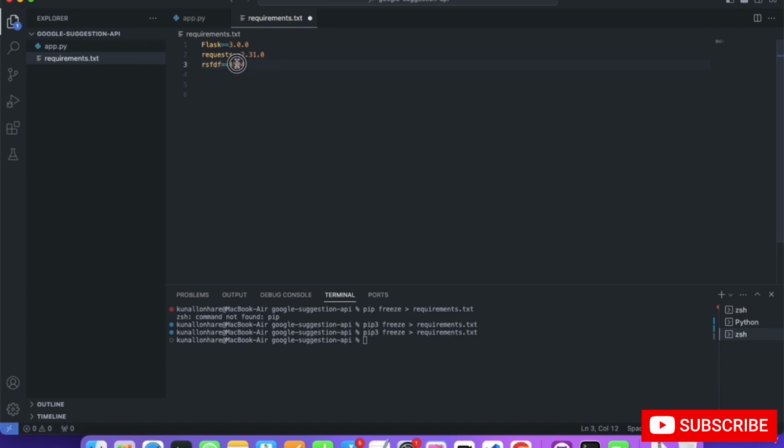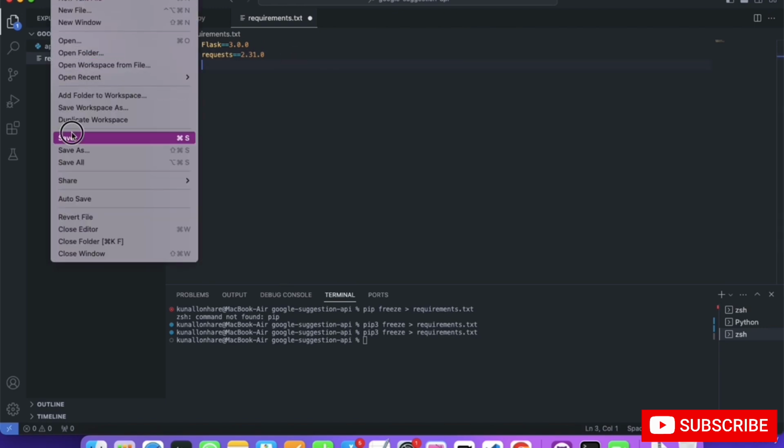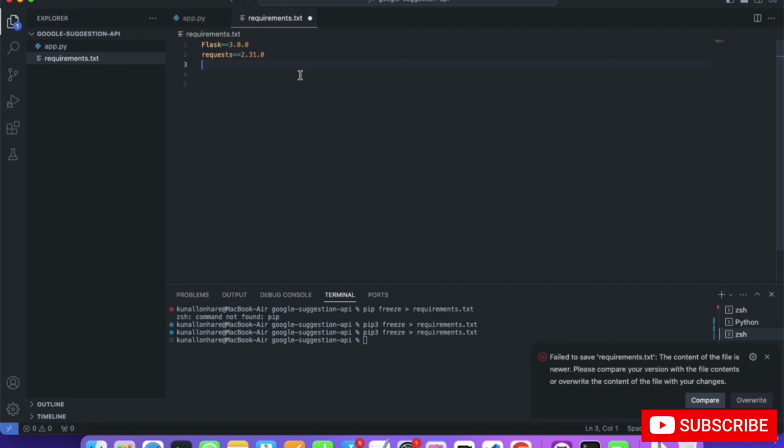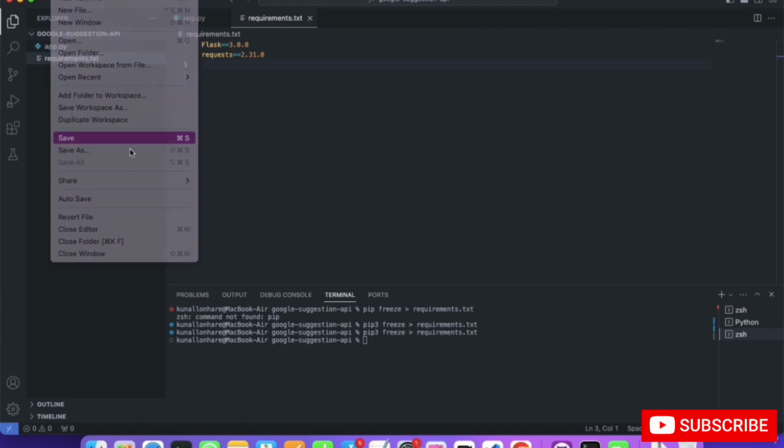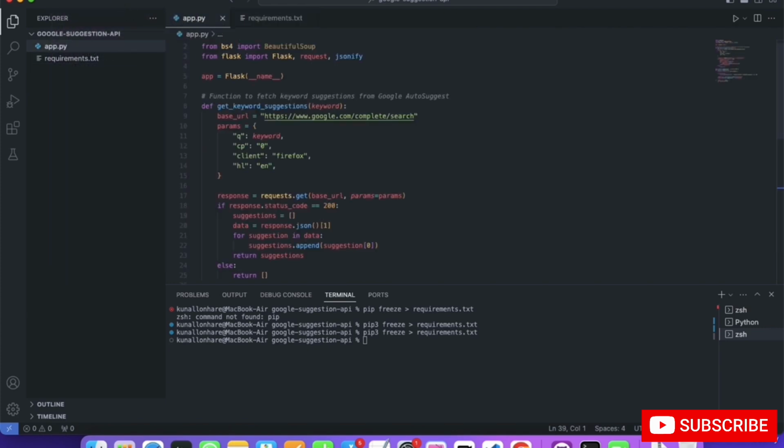You simply have to remove all of them, leaving only Flask and requests in your requirements file. Then click on this file and click on the save button. Make sure you save both of them and app.py as well.